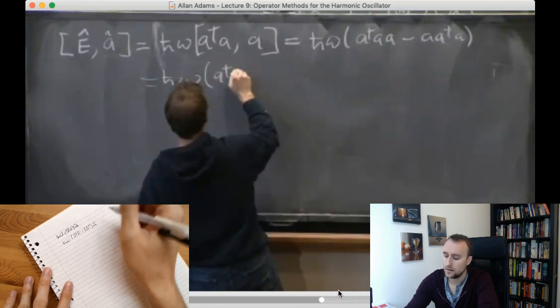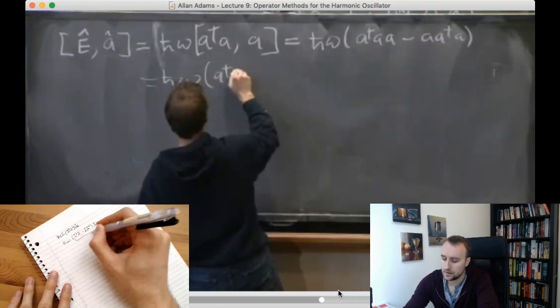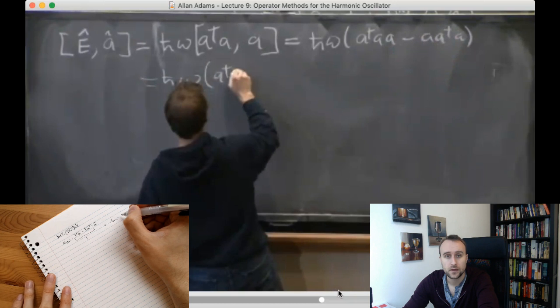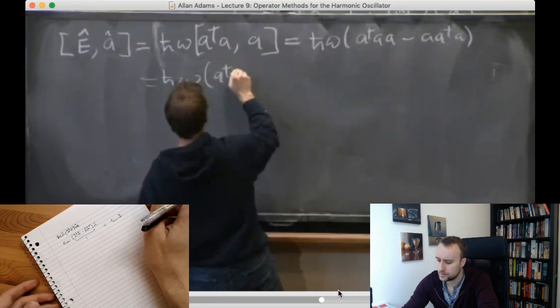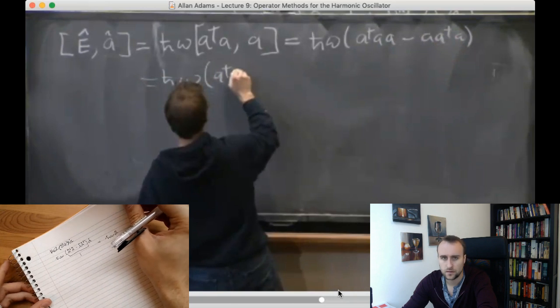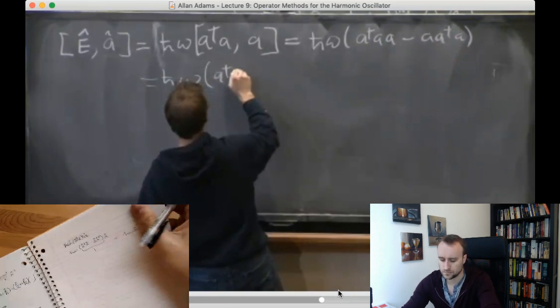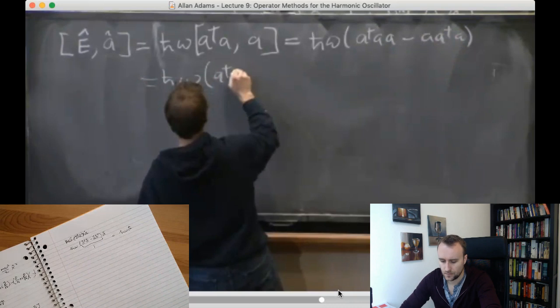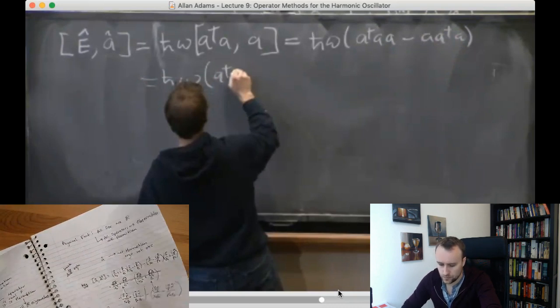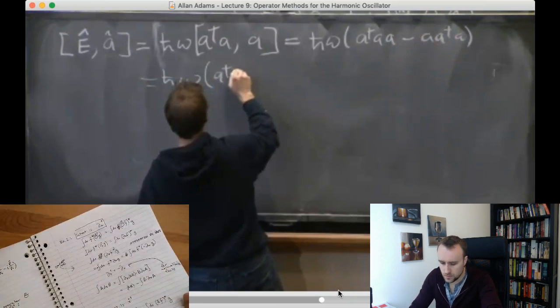A hat, and we know this was already equal to 1, so this gives us A hat. But what was A hat? There's got to be something here for this. A hat was equal to